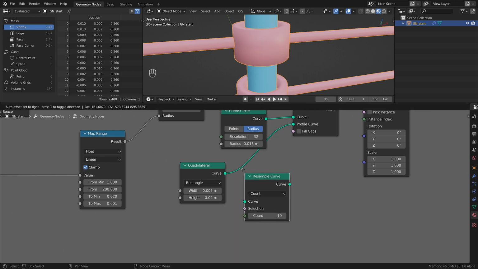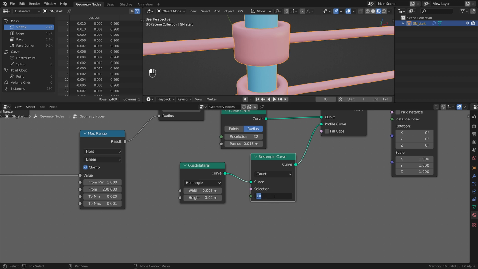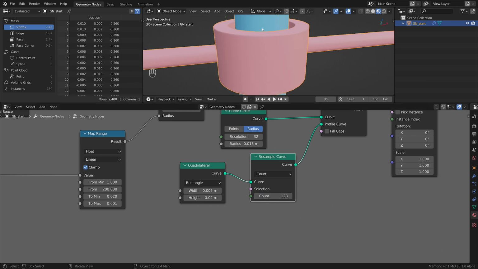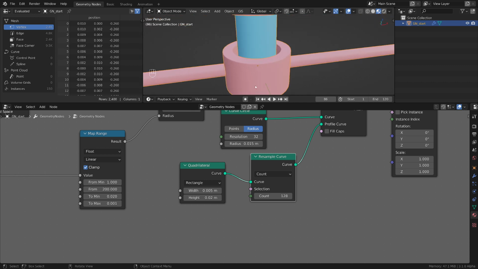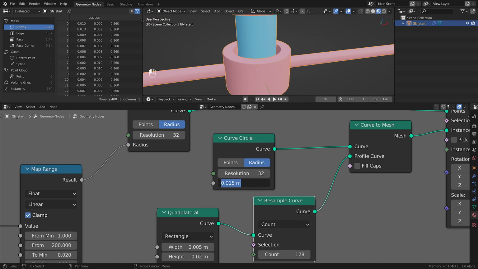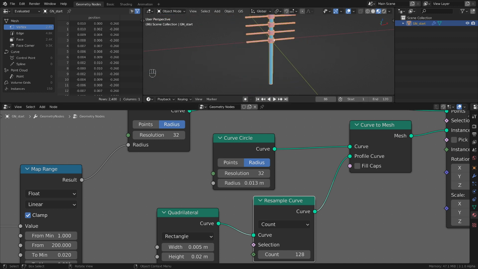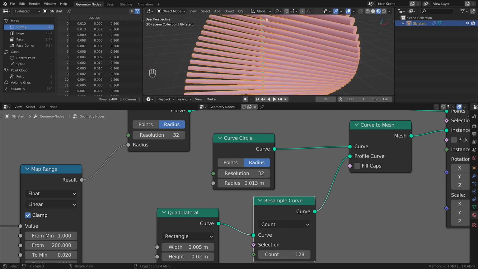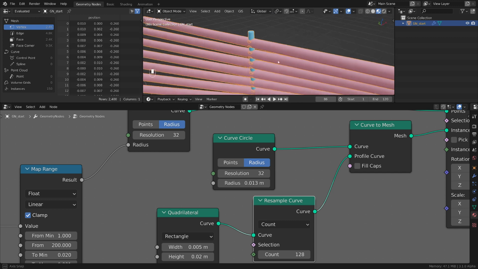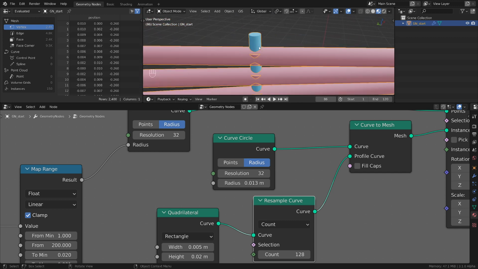I'm going to do a resample curve. And let's say I'm going to use 128 points. And as soon as we do this, we get this result. And now you can tweak the values. Let's make this one closer to the pillar, something like this. And we get this result all the way up, as you can see. And now we see a problem. Why is this happening